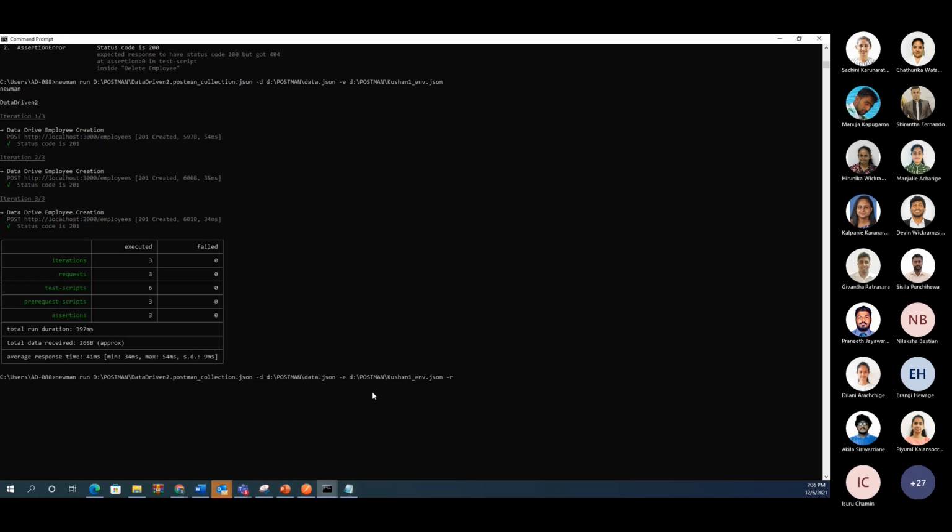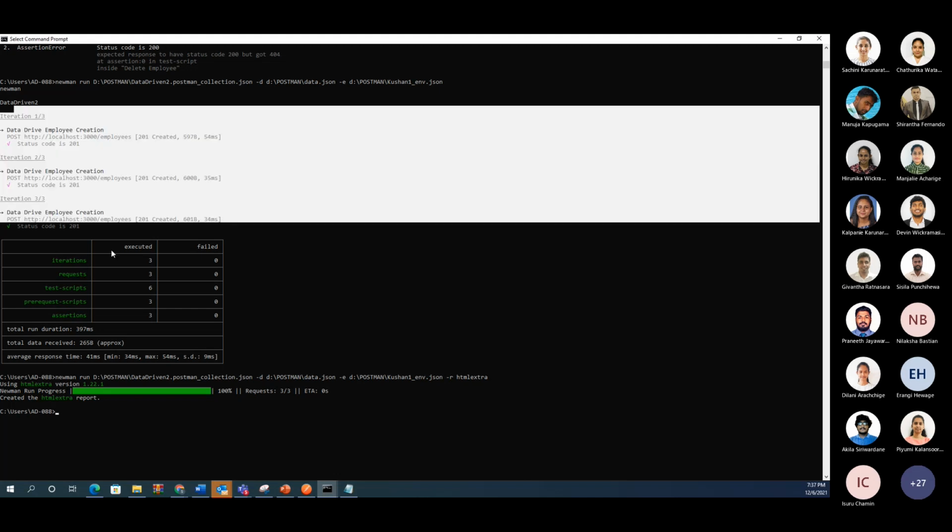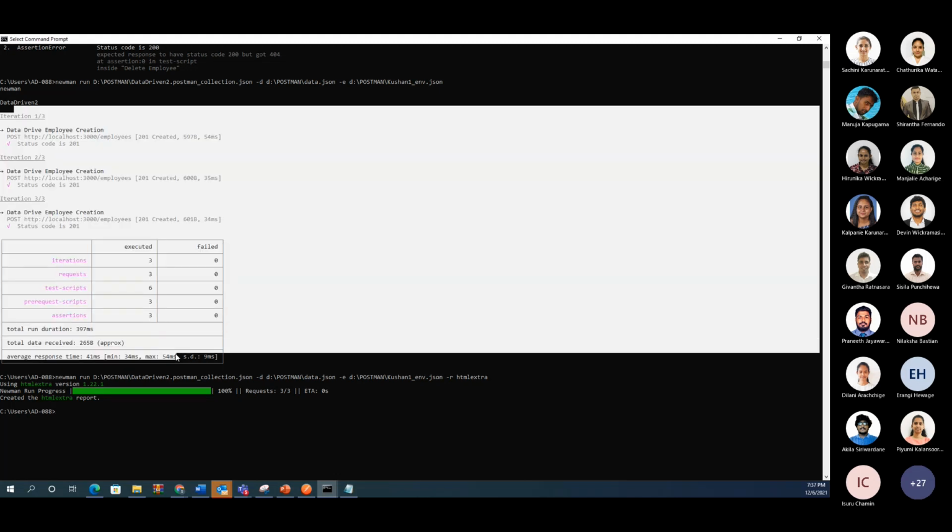So I'm going to say HTML extra and I'm going to run this. So you see that it won't show us this report. The command based report, it won't show us, but now it has generated the report. So when I go and type HTML extra